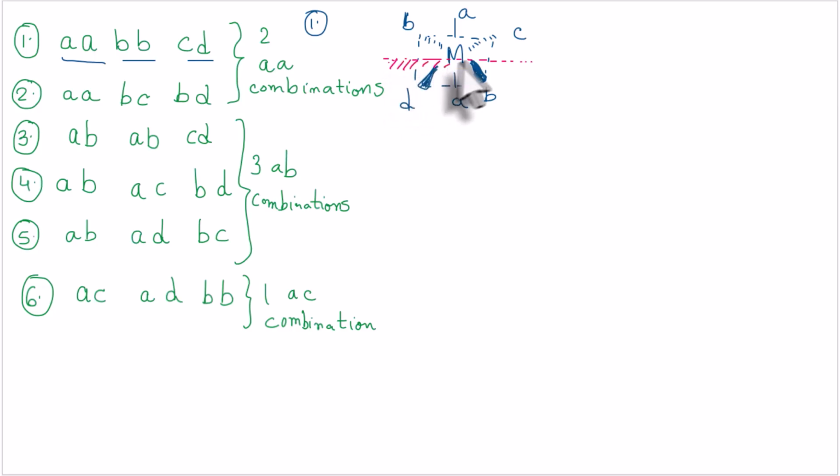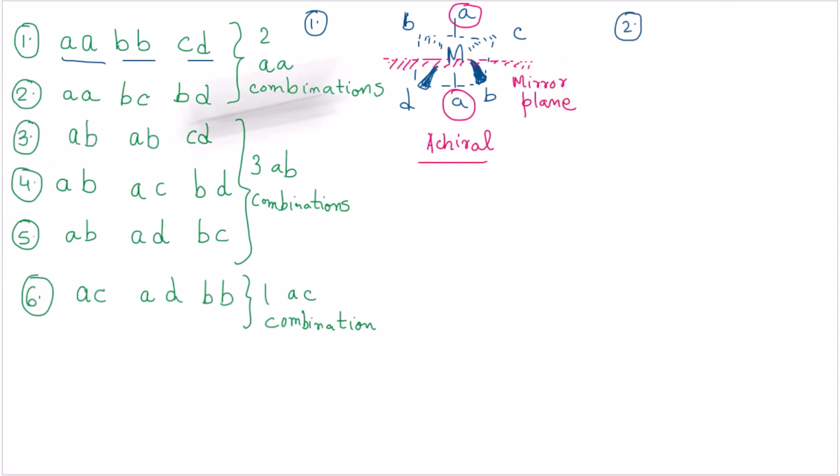So consider this as the mirror plane, or any line which is cutting through this plane. Then we have the same AA reflection on the other side. So that means it has a mirror plane and this molecule is achiral. Like this, we have to check the chirality of each of these 6 isomers.